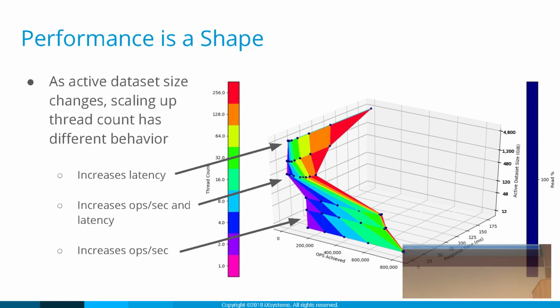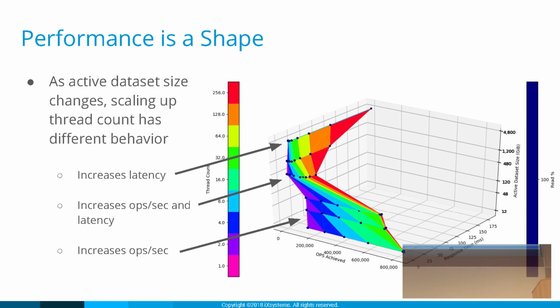So finally, with our largest active data set size, we're purely hitting hard drives at this point. You would not size your ZFS storage to be operating in this mode. You want to be down in this region right here usually. Well, you want to be in this region if you can.